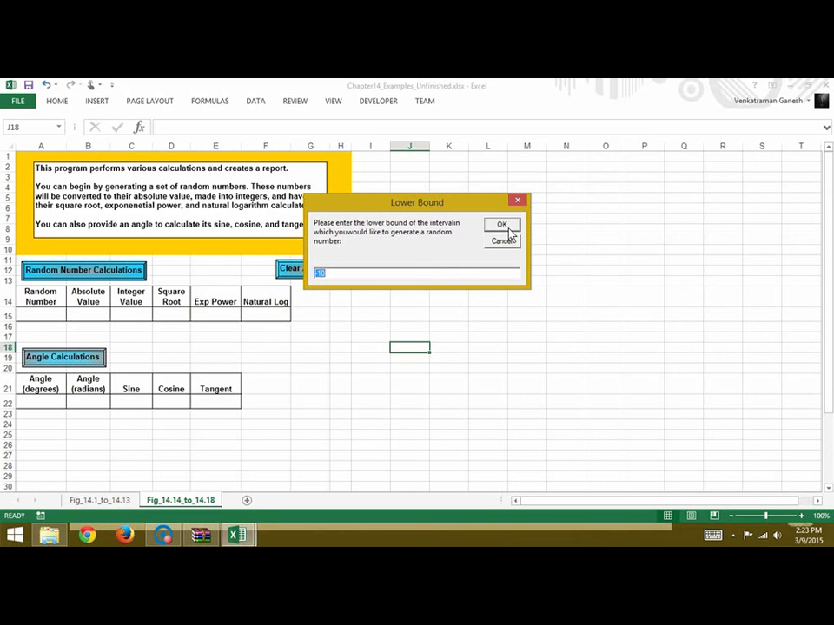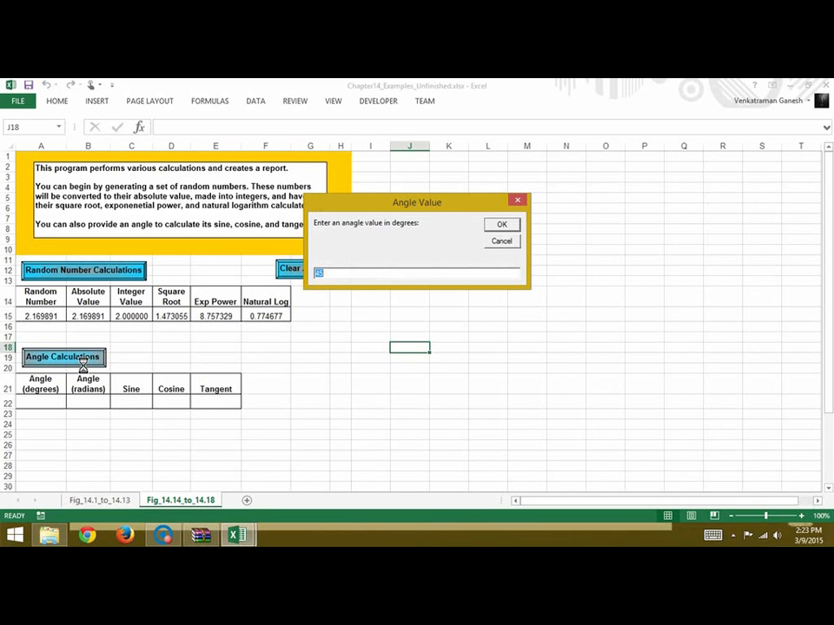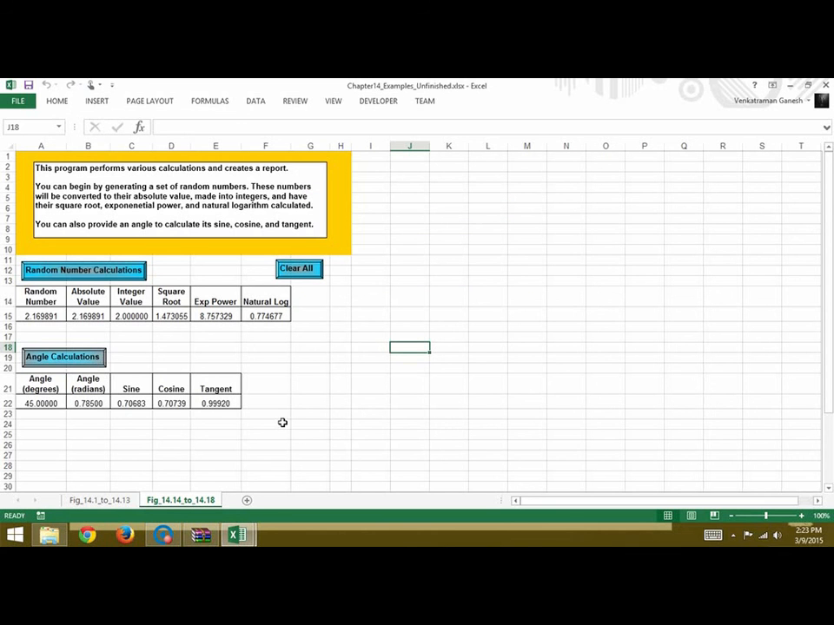So the lower is -10, upper is 10. You get all the values here. For angle calculations, default is 45. You click OK, you get all the values here, and then finally you clear all, and all the values